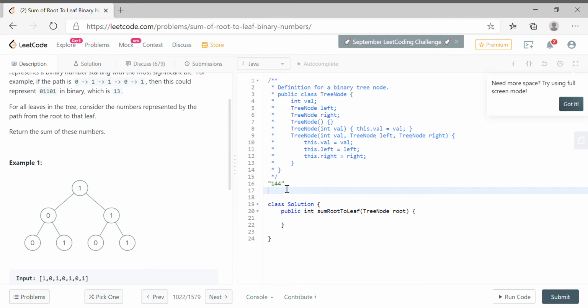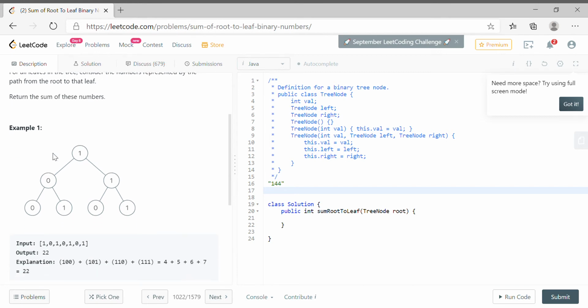So basically what we need to take care of is how we get the number from the binary. There are a couple of ways to solve it. We'll take a string builder. We'll add a root value, move to the left child, add a root value, move to the left child, add a root value, and check if the left and right child are null. We'll find the integer of that binary string, and we'll move back. But before moving back, we need to delete this value because we are going to use a single string builder.